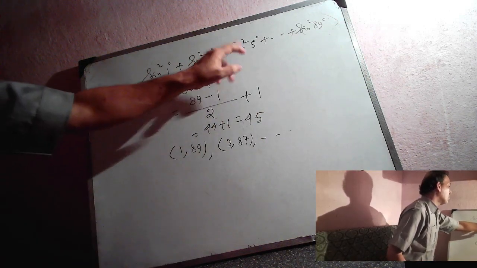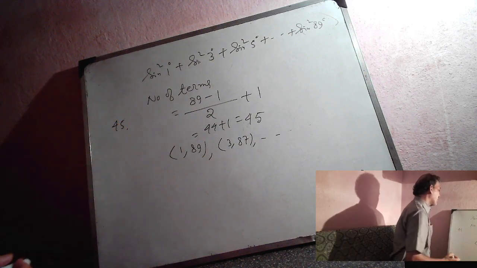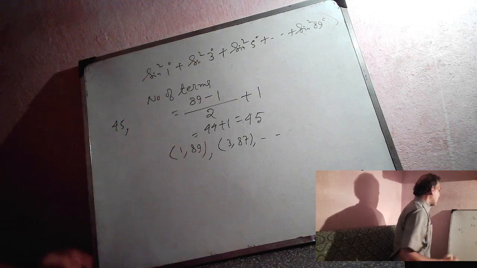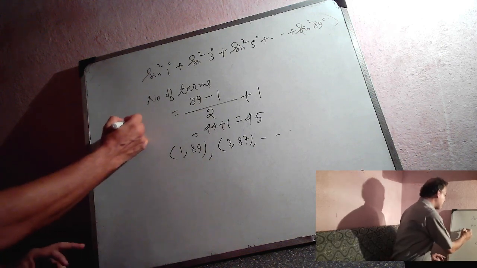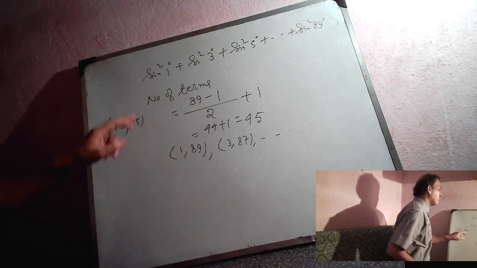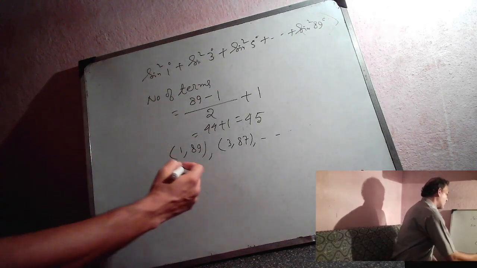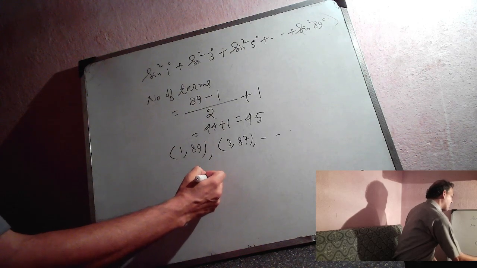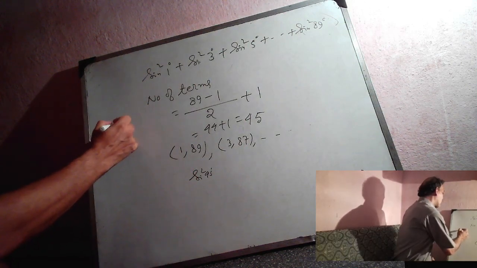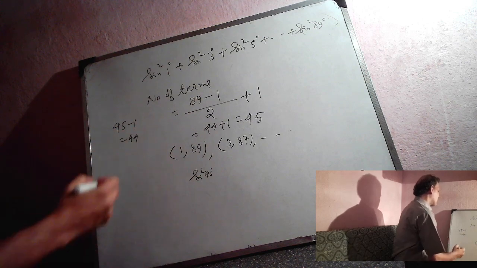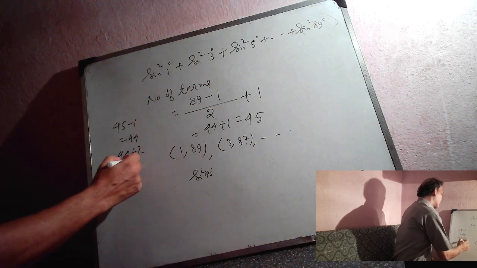Now in this system we have 45 degree, but we cannot keep 45 degree in a bracket. We cannot form a bracket taking 45 degree. Why? We need another 45 to make it 90. 45 plus 45, 90, but there is a single term of sin square 45 degree. So exclude sin square 45 degree from this system. So we are left with 45 minus 1, 44 terms. To make a bracket we need 2 terms, so there will be 22 brackets.